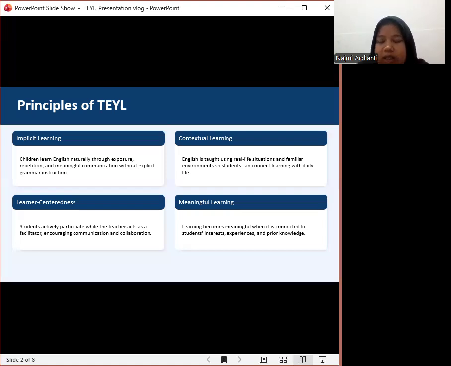Meaningful learning means students learn better when lessons relate to their interests, experiences, and prior knowledge. And these principles help teachers create enjoyable and effective English lessons for young learners.